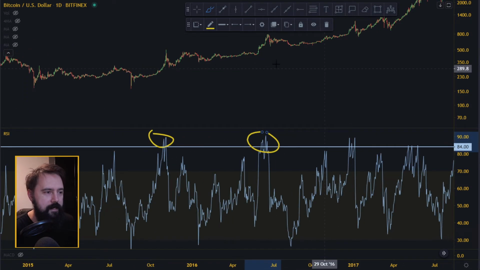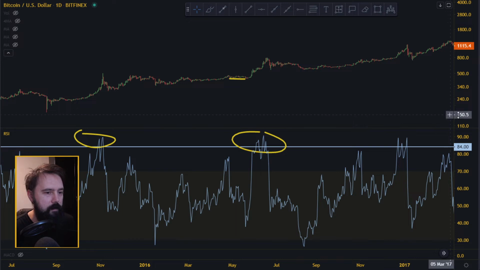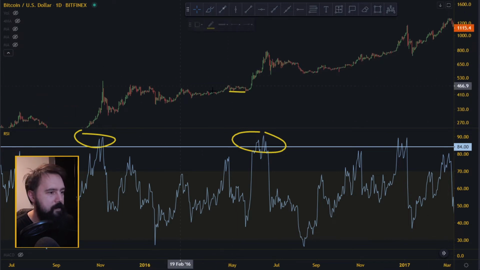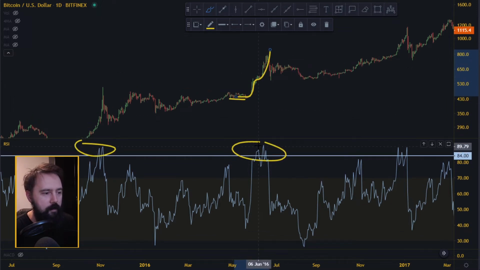So this other top, the same thing happened here. Let me zoom in a bit. The price went sideways, a hard push sideways and a really hard push again, and then you got these two tops over here. But it was a parabolic, really hard push, and the price came right back down.